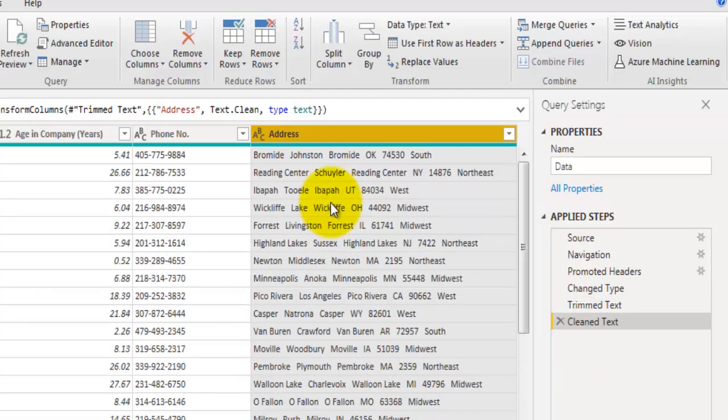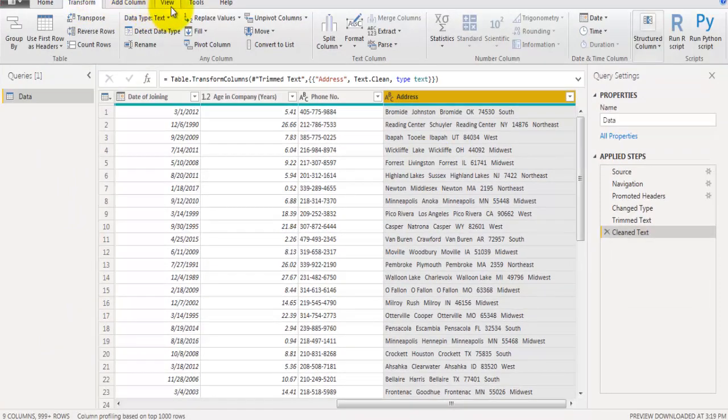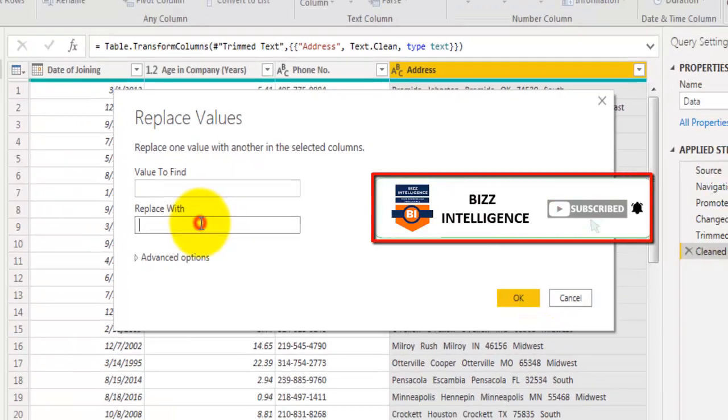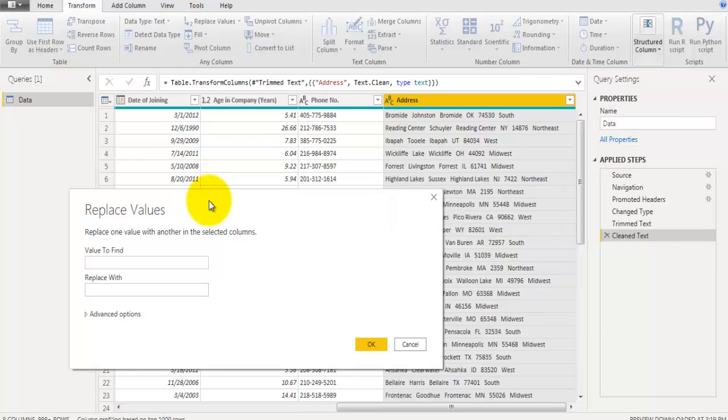spaces between two words. In that case, what you can do is you can go to transform and click on replace values, and here you can use find value as double space character and replace it with space. Now this will also not help in cases where we don't have only double space but we have multiple spaces, where we have 3, 4 or 5, 10 spaces between two words. But then in that case you will have to keep performing this replace value operation again and again till the time we have only one space in two words. So this is also not helpful.